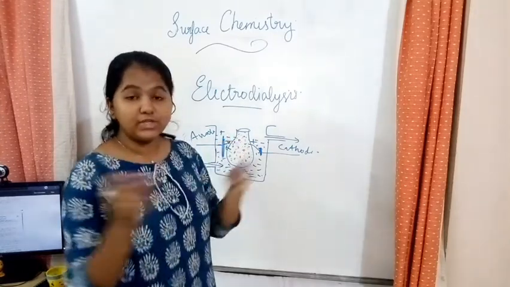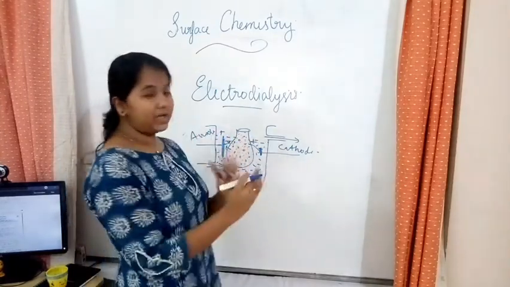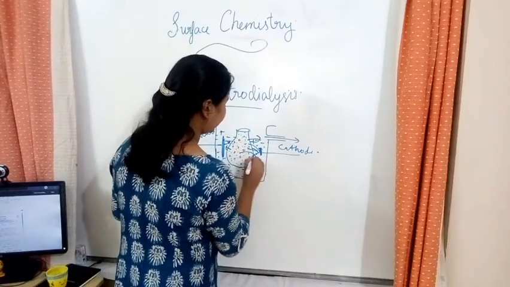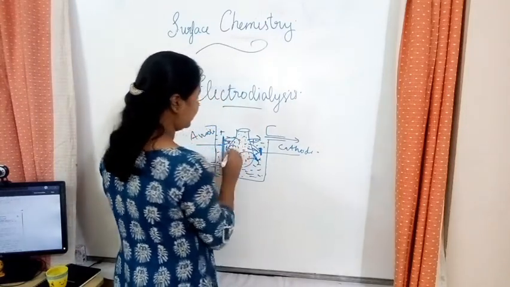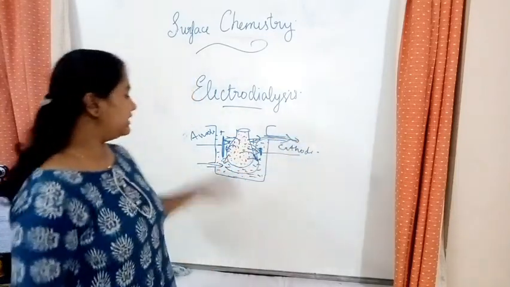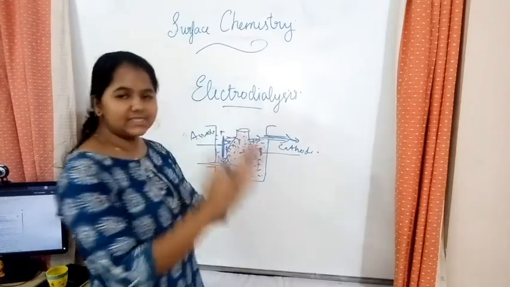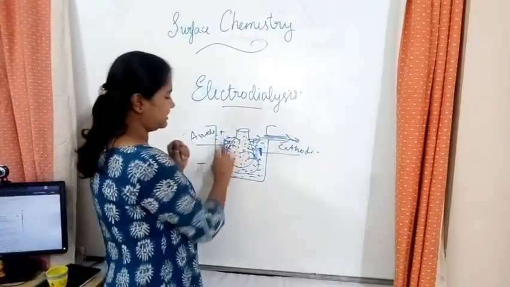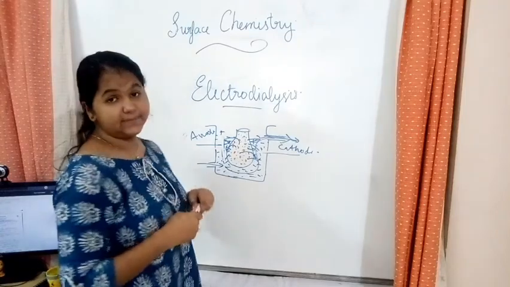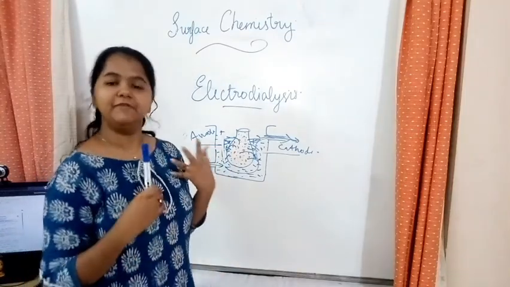So this diffusion process is too slow, this is very quick. So the positive particles will move out, the negative particles will move out, and then this will be washed out by the water. So what is the conclusion? This process is just made fast by the use of electricity. Okay, so that is all about the processes of purification of colloids.